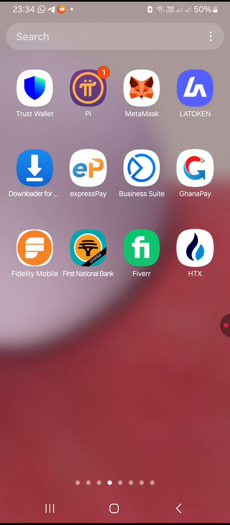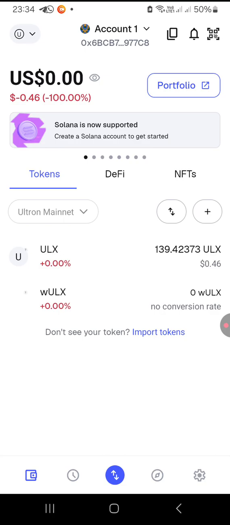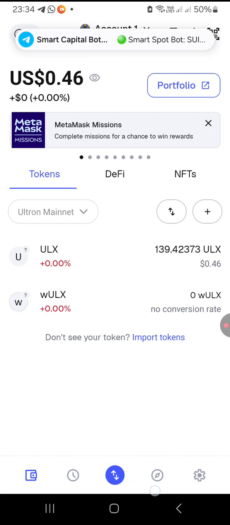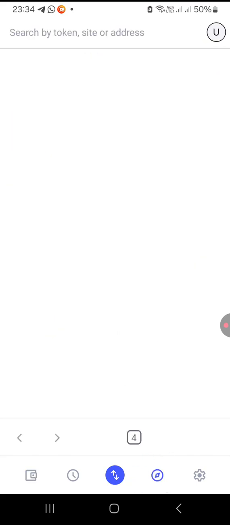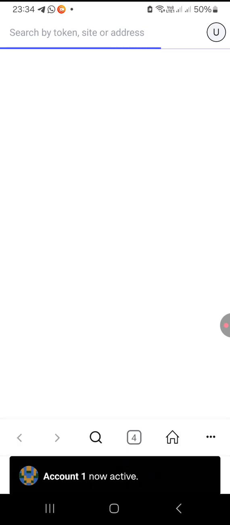So let me get right into business. You click on MetaMask. Just takes a while for it to load. And once it opens, you are going to use the browser icon inside of MetaMask. So this is the browser icon. You click on it, and then you're going to log into Mavi back office